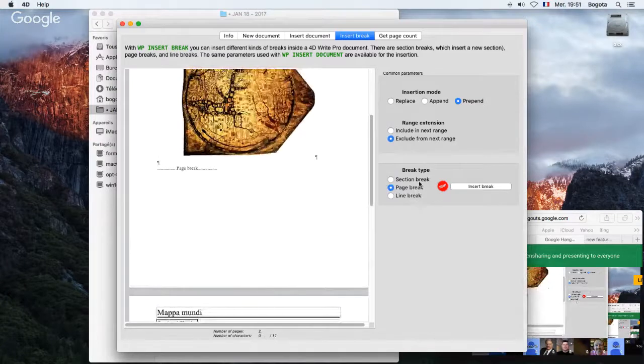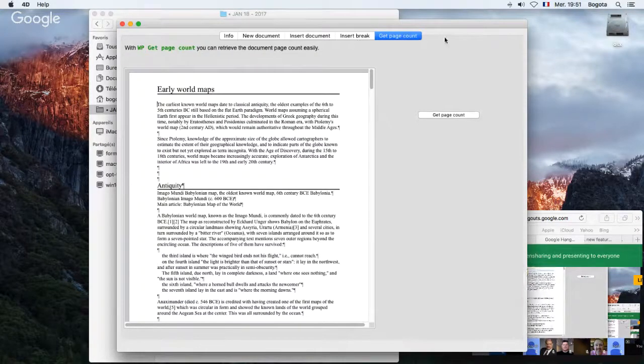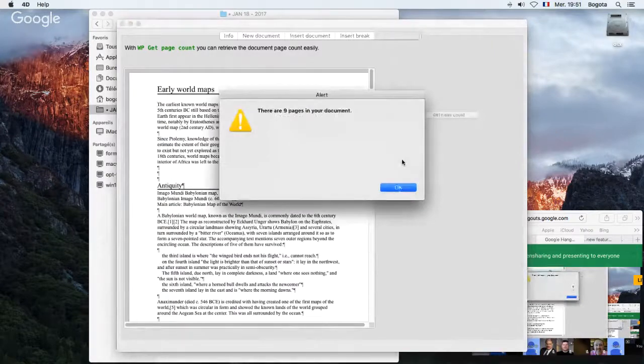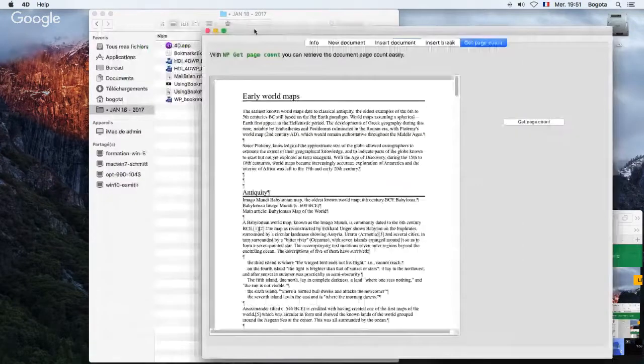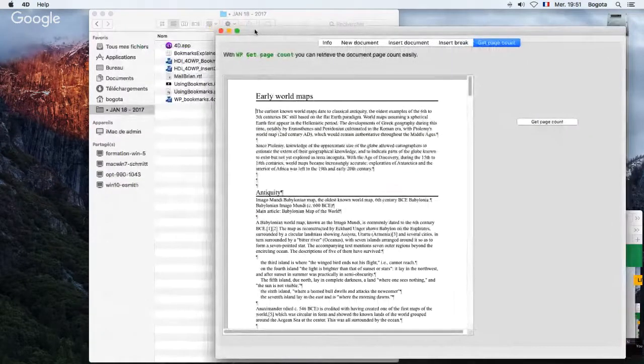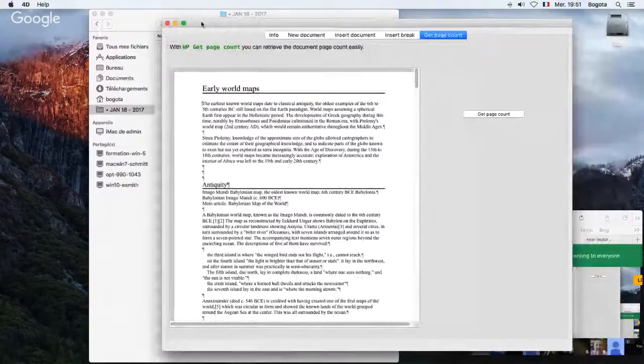These are arguments of the new command wp insert break. There is something else in this how do I, but it doesn't matter. You can get the number of pages of your document. So I think these two how do I's are pretty clear. So let's go now to the main menu,